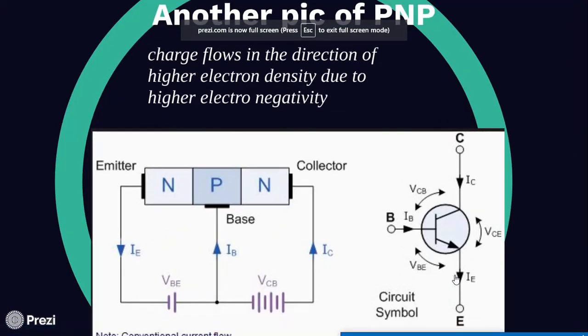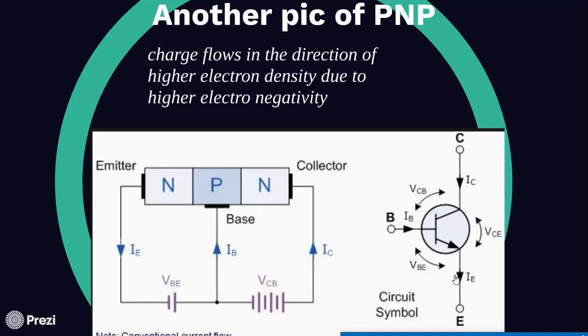It will have three legs, which are represented by emitter, base, and collector. Once again, transistors are of two types: one is the NPN transistor, the other is the PNP transistor. We call these transistors BJT, bipolar junction transistor. Bipolar means two equivalent poles, two charges like N and N, P and P. Junction means two junctions we have: N, P, P, N. That's a transistor.